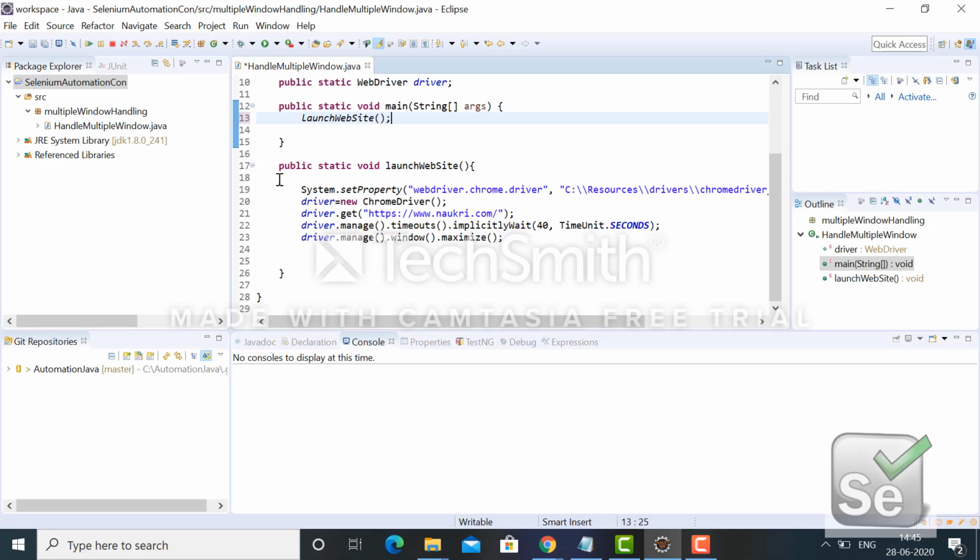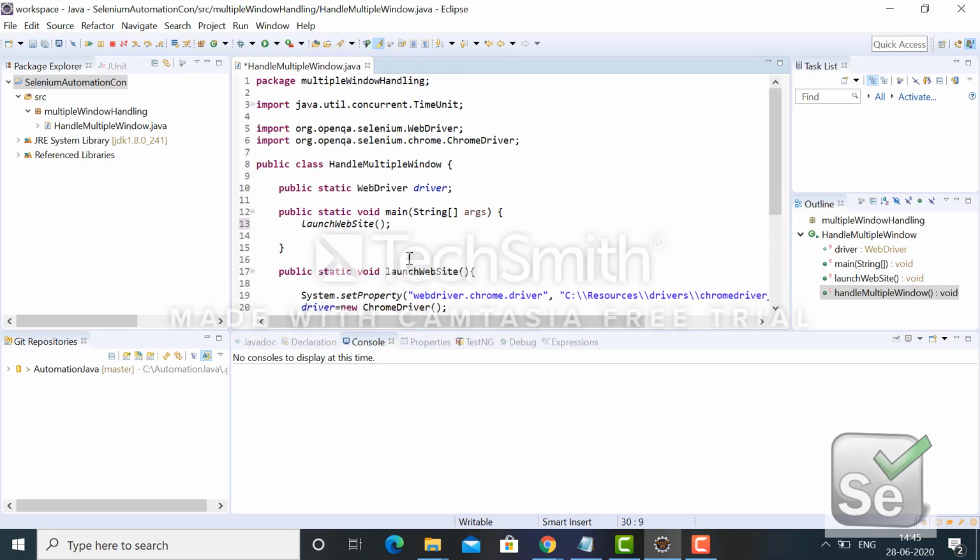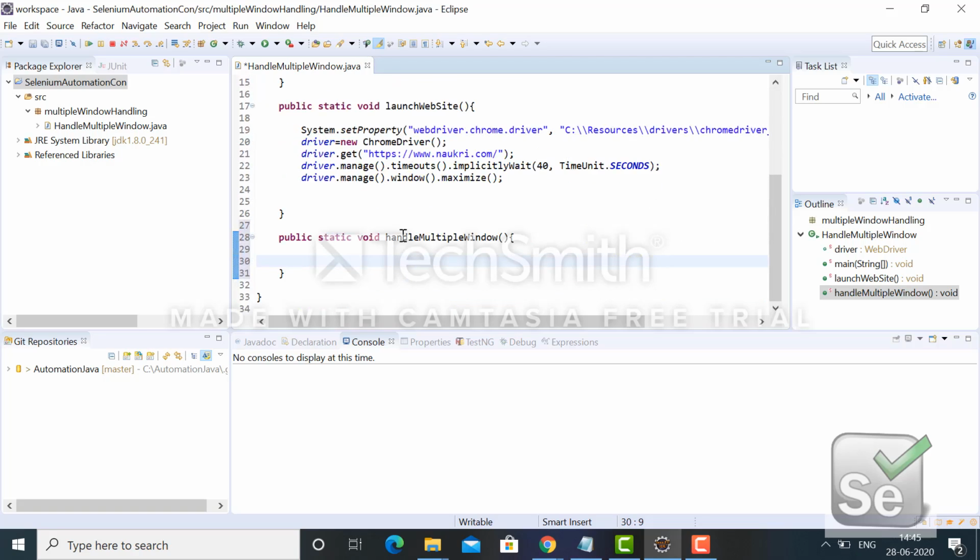Another method I will create to handle the multiple windows. So public static void handle